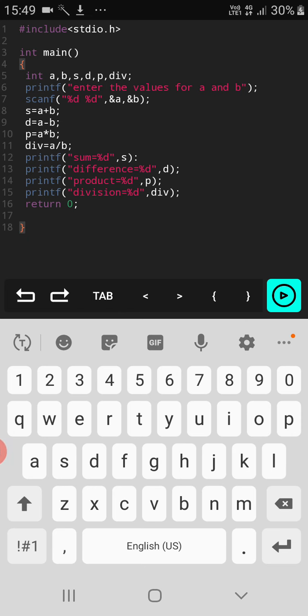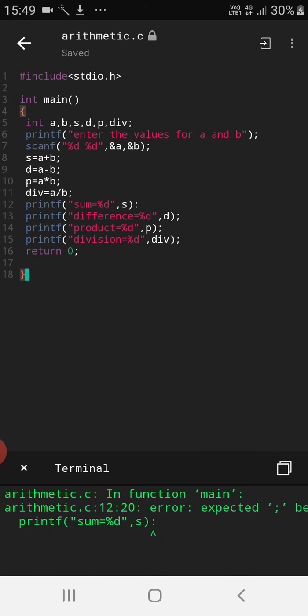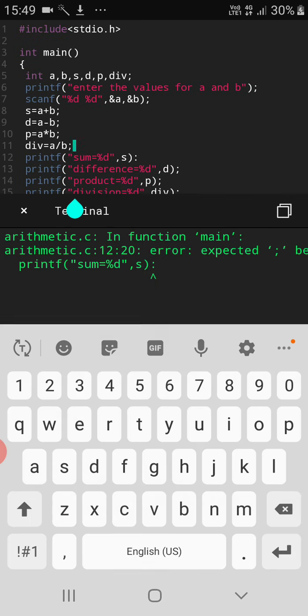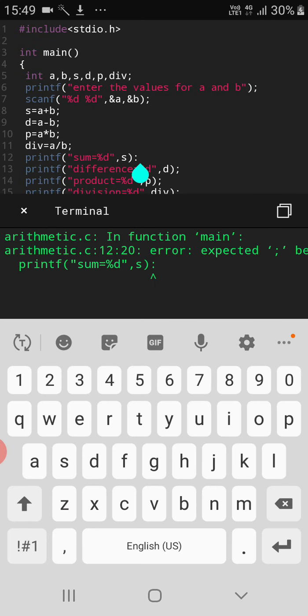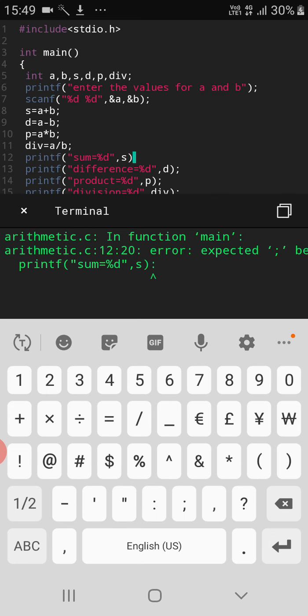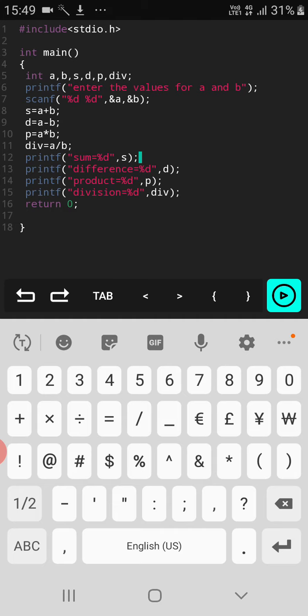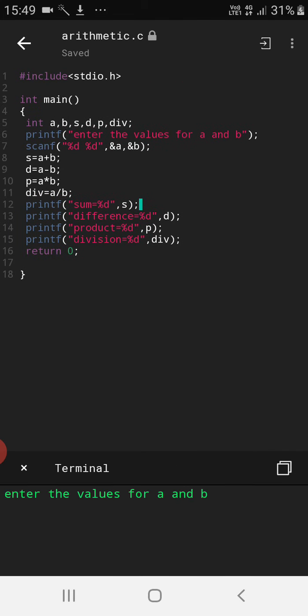Now let us execute the program. As you can see, the blue button is mainly used for compilation and execution of your particular program. Click on that button. It will display the result. So every statement must end with a semicolon. Here I have made use of a symbol other than the semicolon, so I need to change it to a semicolon. Now whenever I execute the program, I'm not getting any error message.